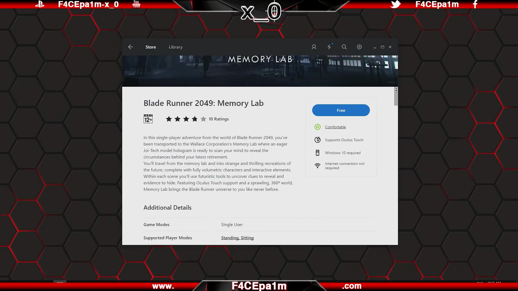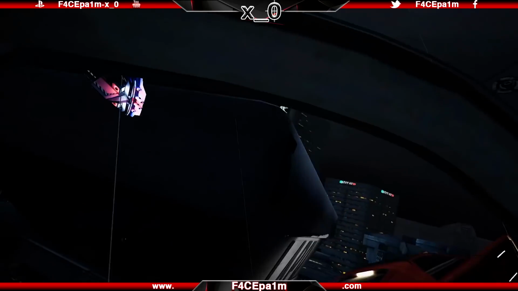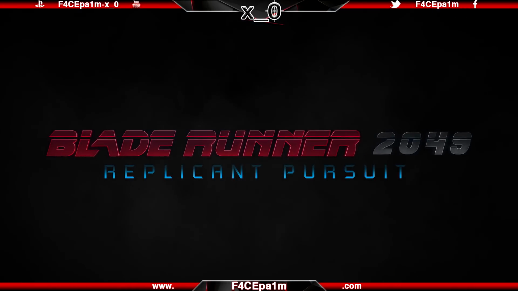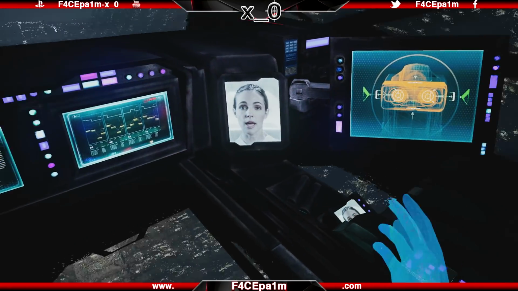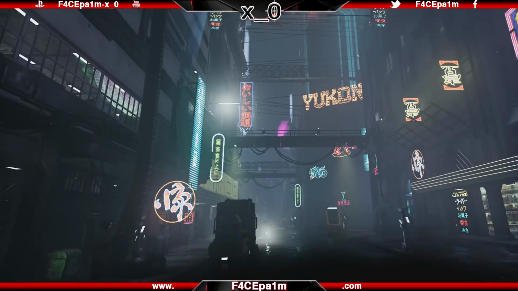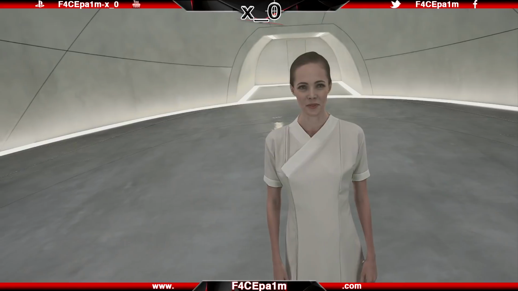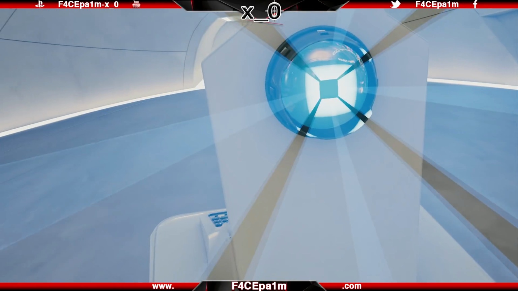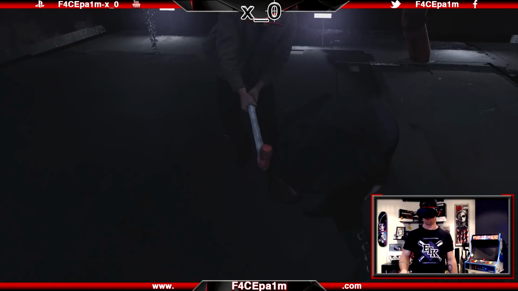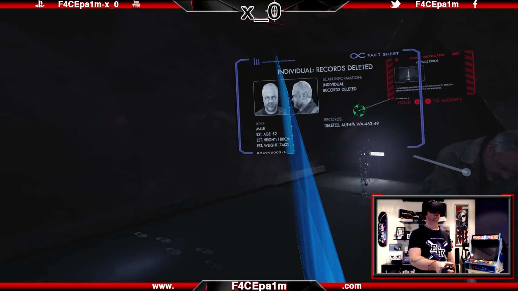Blade Runner Memory Lab is up now on the Oculus Store. This is a free single-player, touch-supported 360 experience that follows on from Blade Runner Replicant Pursuit on the Gear VR. It's set in the 2049 Blade Runner universe, has a cool little story around exploring and reconstructing memories, and features Microsoft's holographic capture technology, which blends CGI graphics with live capture. It's a decent sized download at 10 gig with a 16 gig install size, but it's light on the system